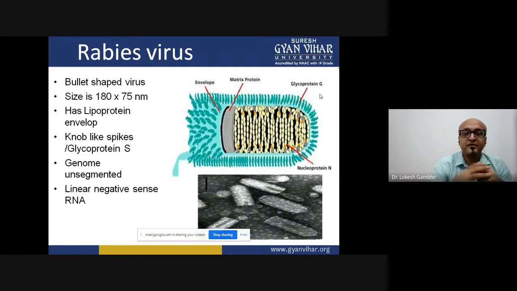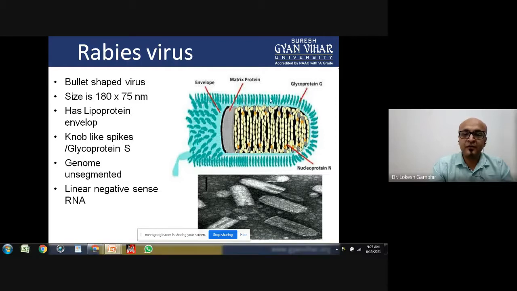And you see the structure. First of all, I would like to draw your attention to the bottom image, which is an electron micrograph. Look at this virus in real time. It gives you a representation of a bullet in three dimensions. Looking at the bullet part, there is a complete envelope with multiple protrusions like spikes coming out. These are called glycoproteins. Just beneath the glycoprotein there is a lipid membrane, which we call the envelope. Then there is the matrix protein, the nucleoproteins, the ribonucleoproteins, and the RNA genome here.